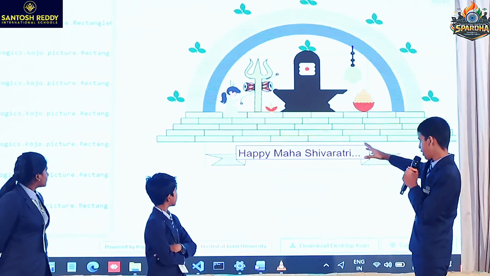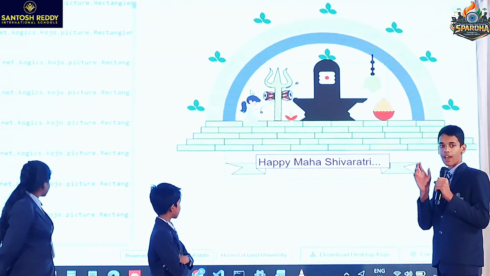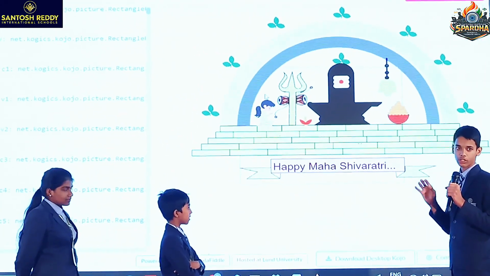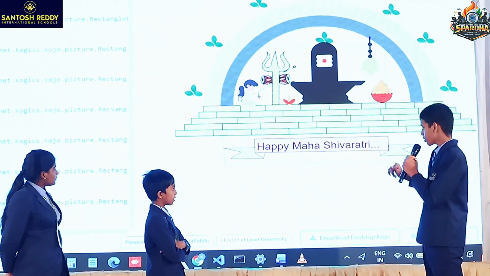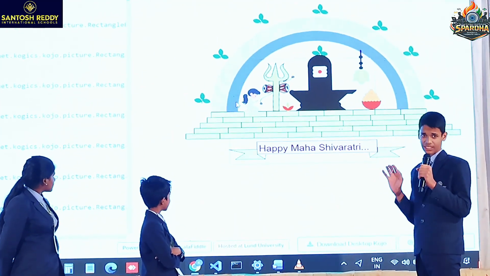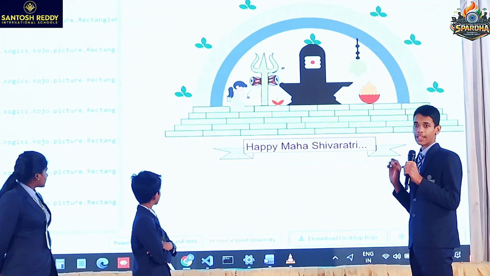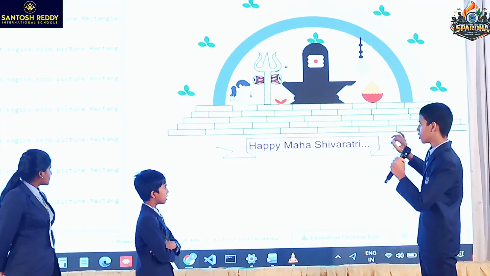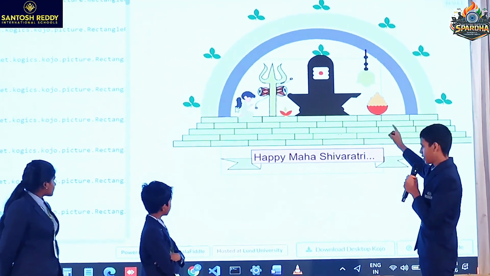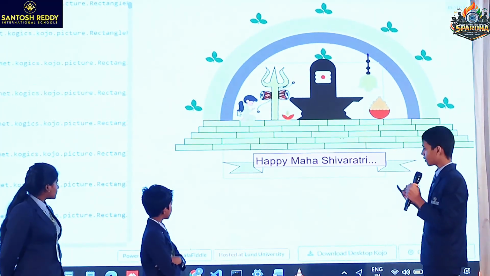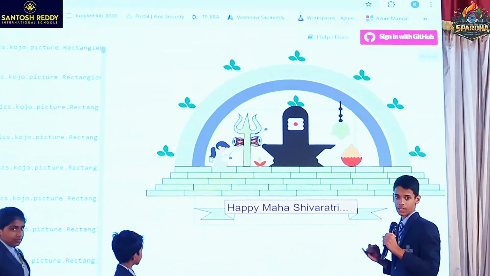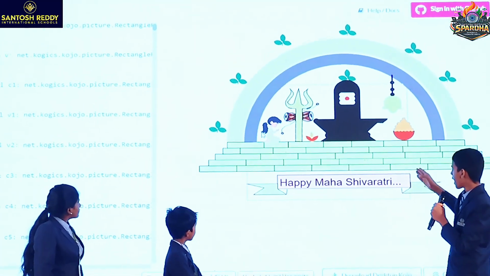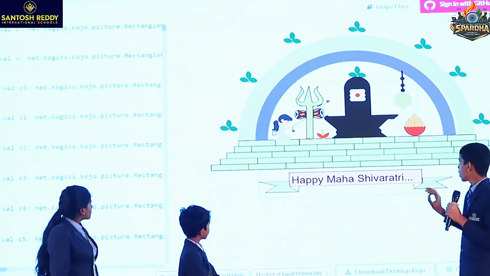Starting with the bricks, I gave values like C or different letters to that edge rectangle. I pasted it with the set position, kept the value, and drew the pattern. Then for the tree, I made some actions like left, right, and forward, with commands like set fill color and set pen color. Here you can see I made some arcs and so on.